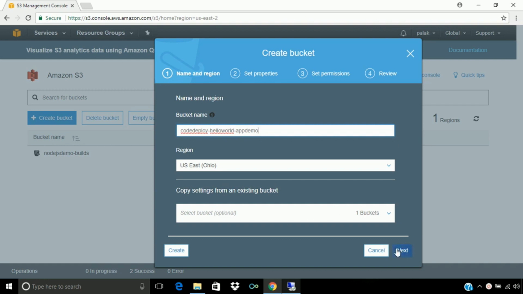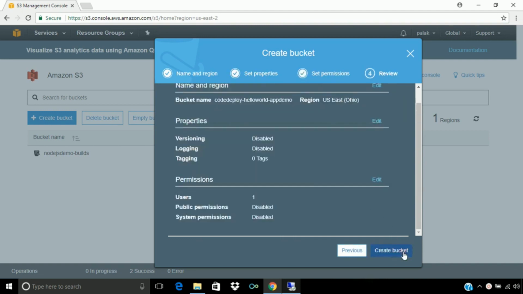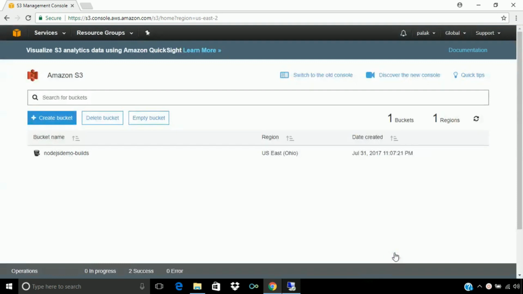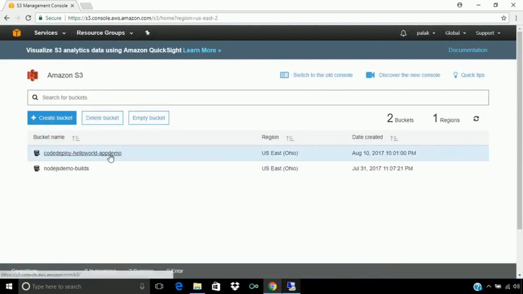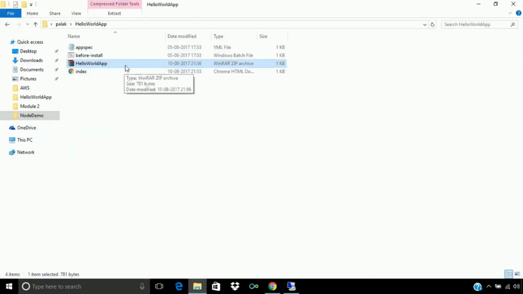Now click on next. This bucket should be in the same region as our CodeDeploy and other services are running, so please ensure that. And now let's create this bucket. Our bucket has been created. Now let's upload this zip file into this bucket.